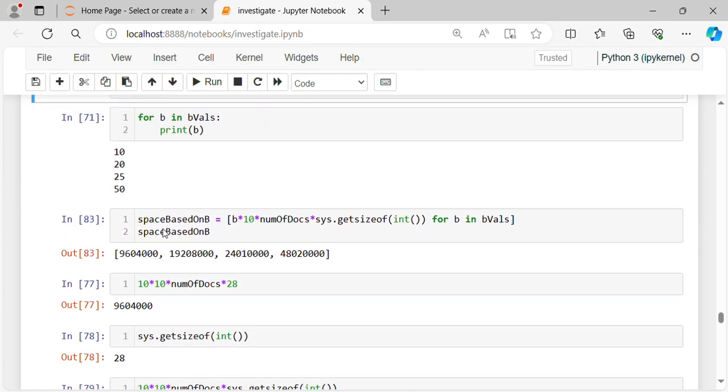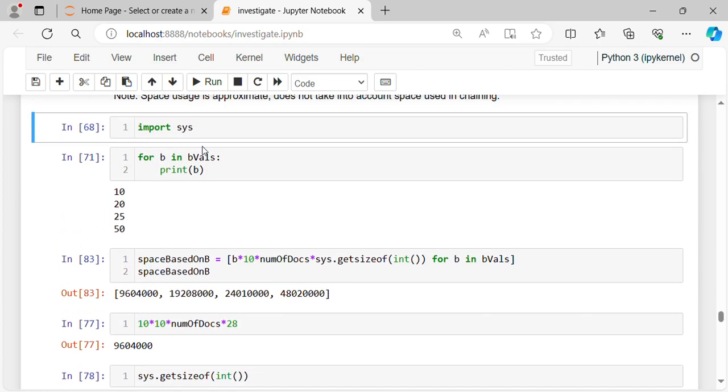So we will import the library sys. I will just show you some of the calculations. So for B in B vals, print B. So B vals values are 10, 20, 25, and 50. Let space based on B equal